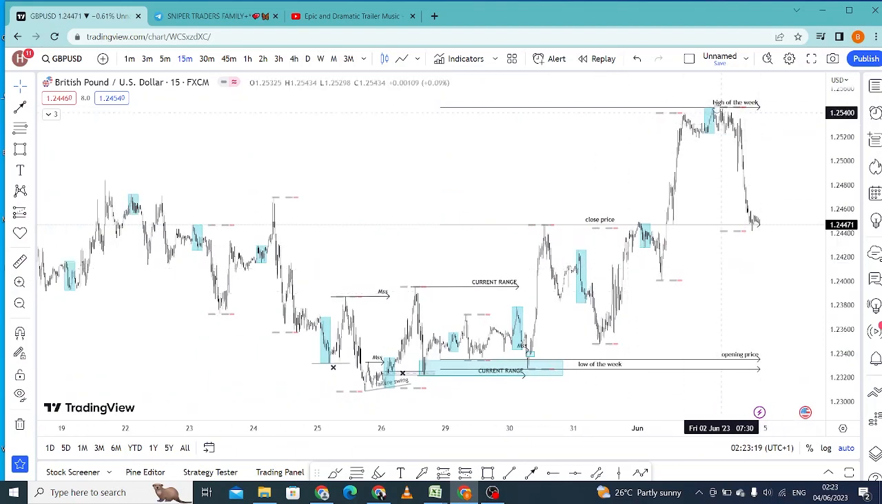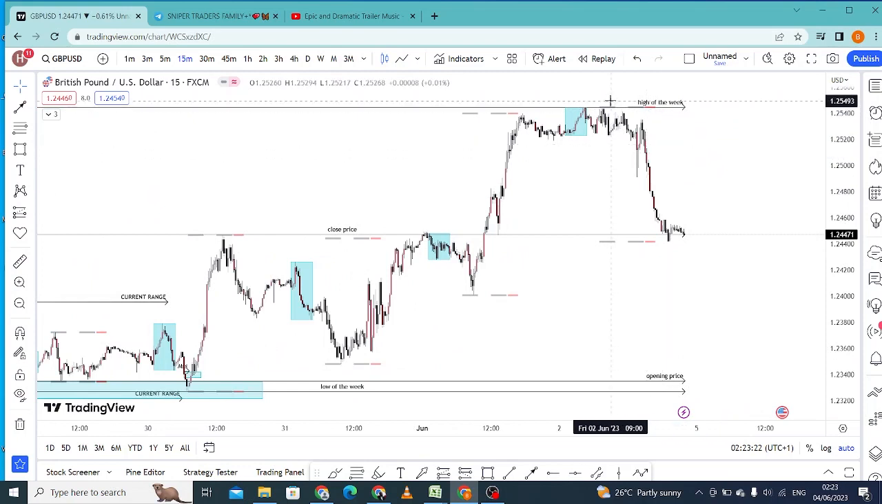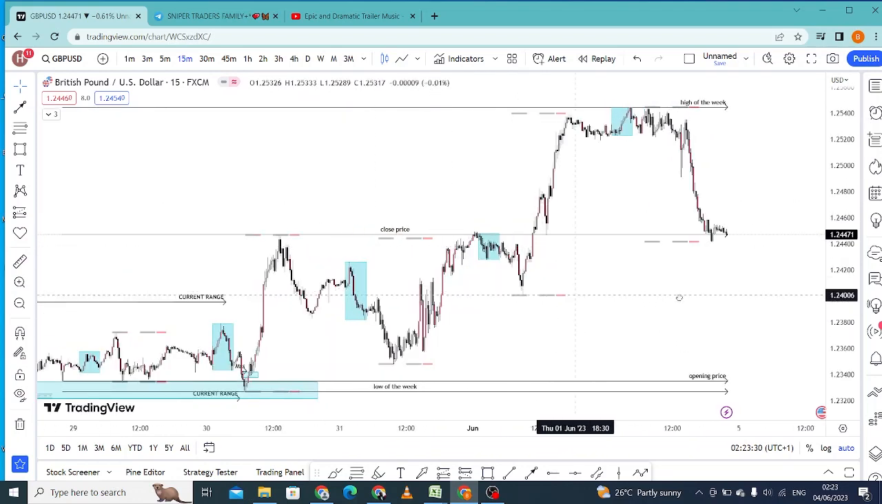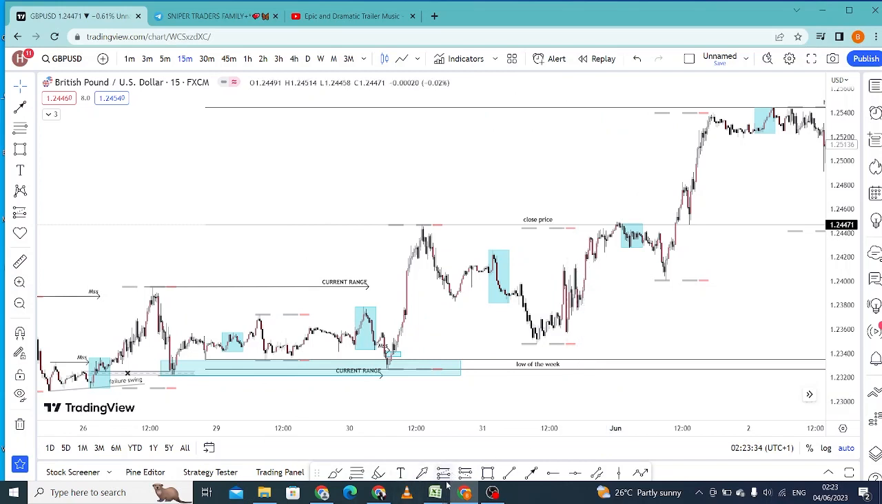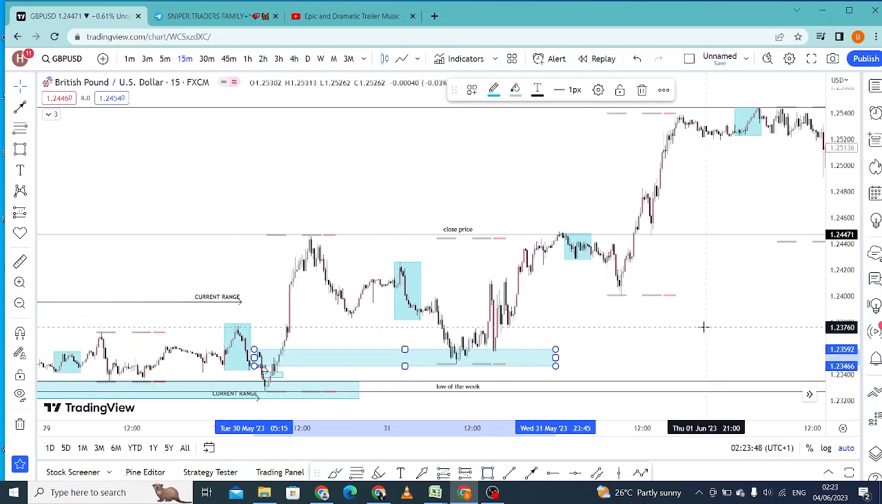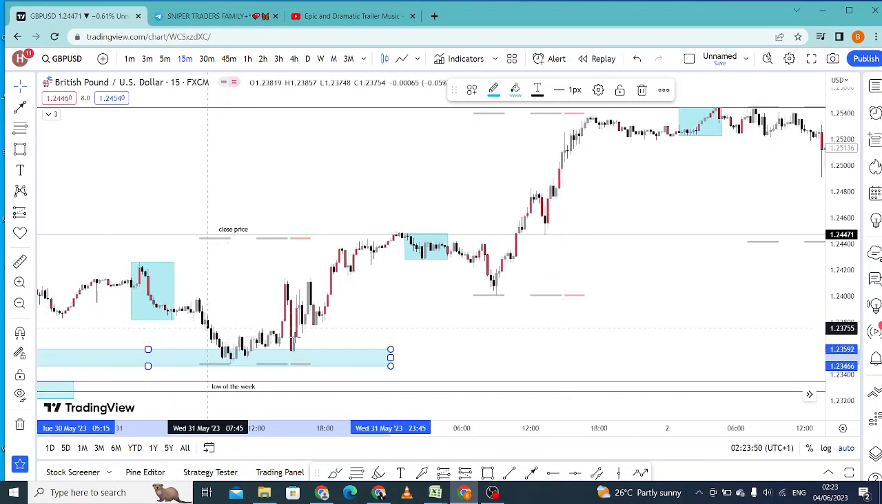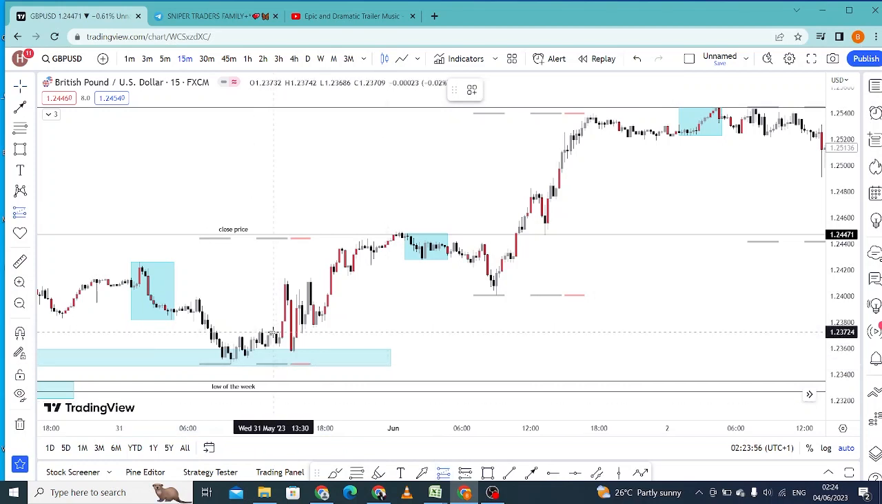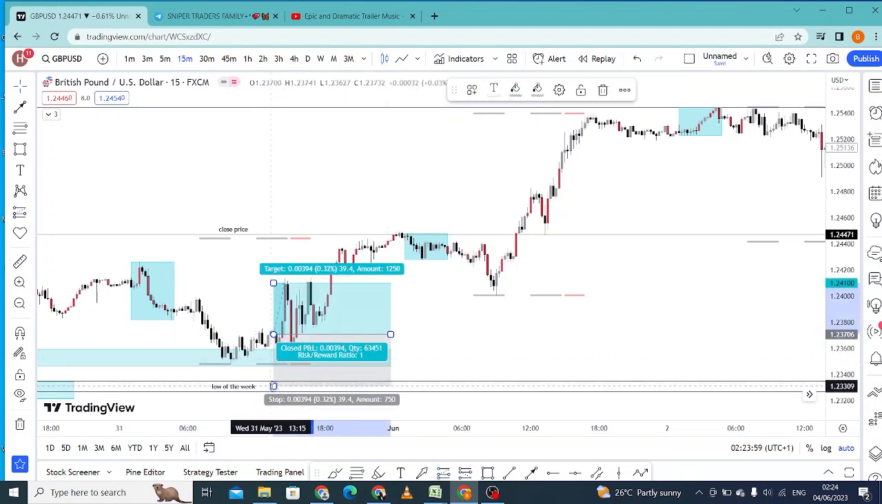Now the high of the week has been created. Now price needed to close, and price closed on Friday here, which was the closing price. Now if you have taken a single trade just to target the high of the week, let's say you took this trade after this breakout structure, and you took this trade here because of this breaker block. After your breakout structure, you should be expecting price